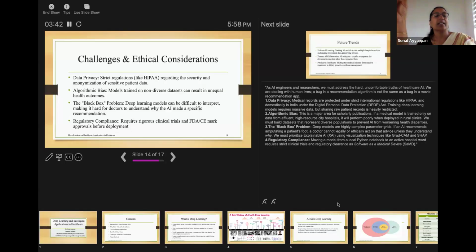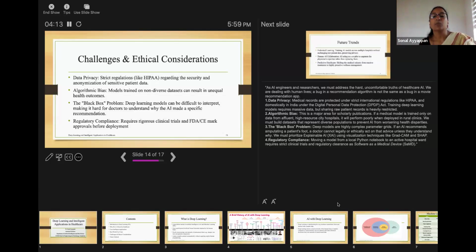And that is really evident in the black box problem also. The black box problem is simple. Why do we do this? Is it really needed? That is where explainable AI, another extension of AI, comes into existence. It gives you visualization techniques like SHAP, which give you visualizations of why we do this. And the next one is the ethical challenge, which is regulatory compliances.